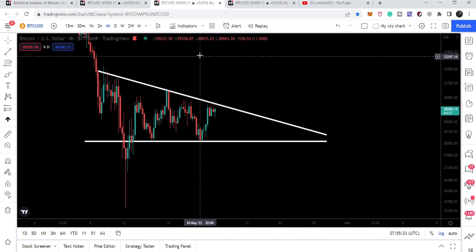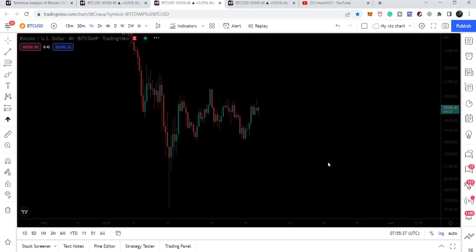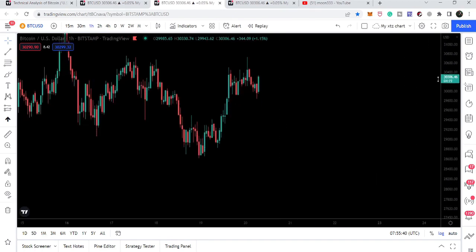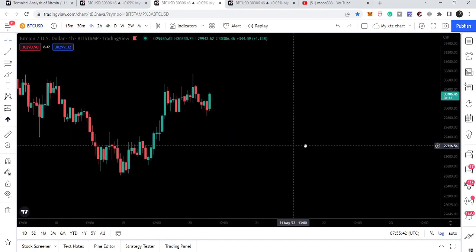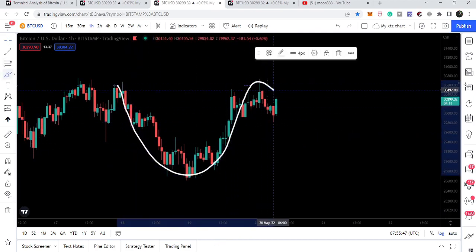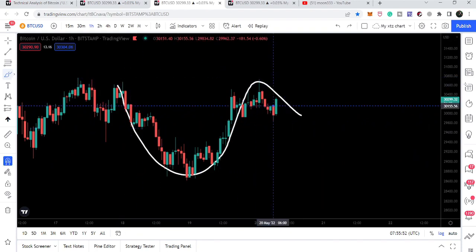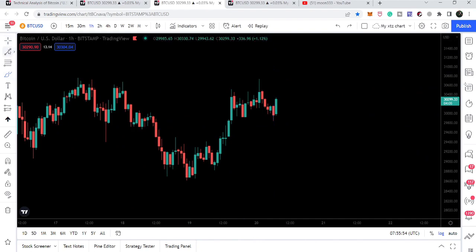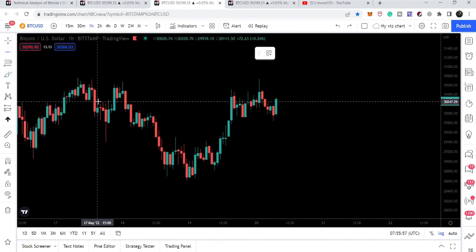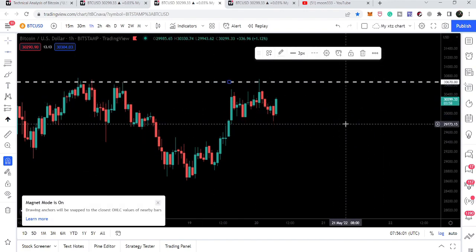And if we switch to a smaller time frame chart, let me just show you the hourly time frame chart. Here a cup and handle formation has been formed. This is the round-shaped cup we have here. Here we have the handle, and this is the resistance of this cup. Let me place the trend line here, then it will be clearer for you to see where we have the resistance. We have the resistance of the cup here at $30,600,